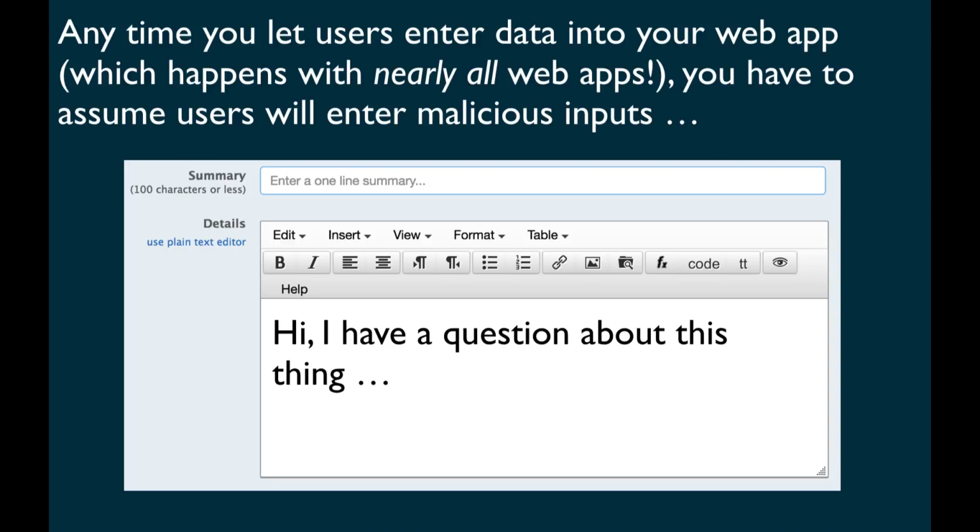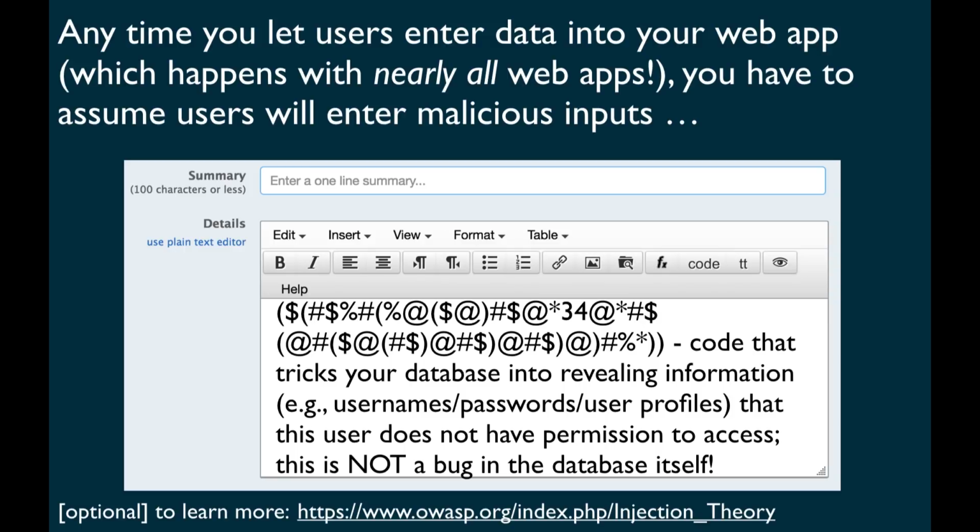So, the intended usage of this is obviously just typing text. Great. You type some text, type some markup, format it. Great. So it's just for plain text. It's just for messaging. That works great. What else can you do with this? So you can imagine, this is not real, obviously. You can imagine typing in some really weird garbled text that does some really weird thing, right? And we'll go into details what this does later. So you can imagine typing a bunch of garbled text that ends up getting interpreted as code that tricks your database somehow into revealing information such as usernames, passwords, user profiles that this particular user doesn't have permission to